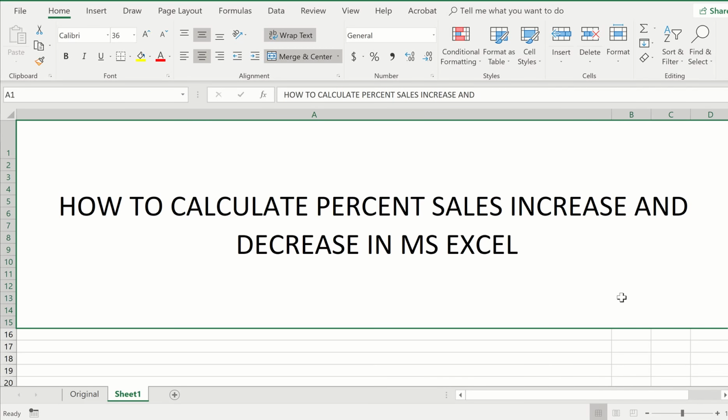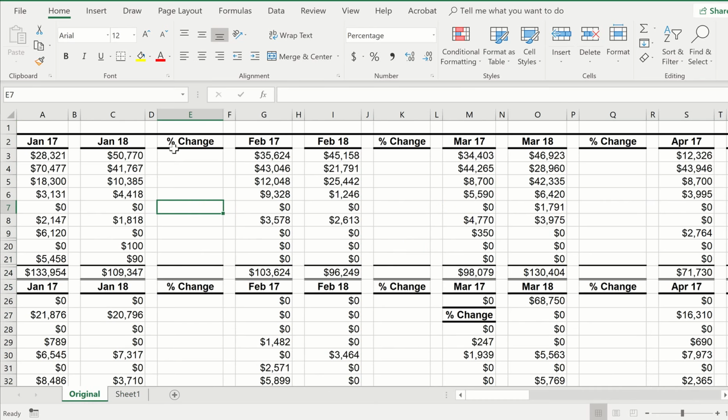Hi, in this tutorial I'm going to talk about how to take your sales from year to year and calculate either an increase or a decrease in Microsoft Excel. So here's a spreadsheet one of my coworkers gave me, and first I'll start out just by